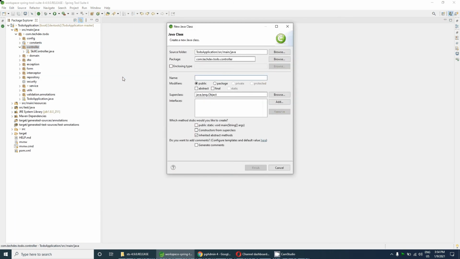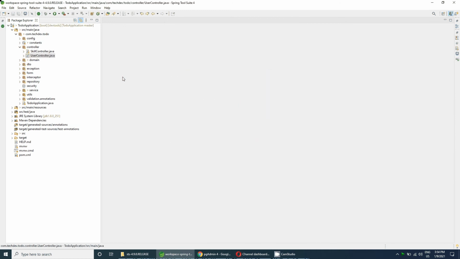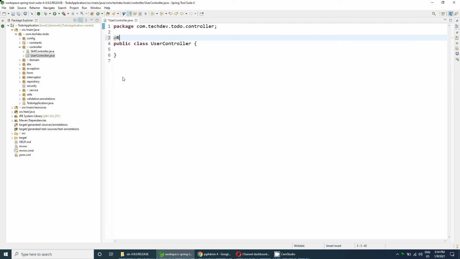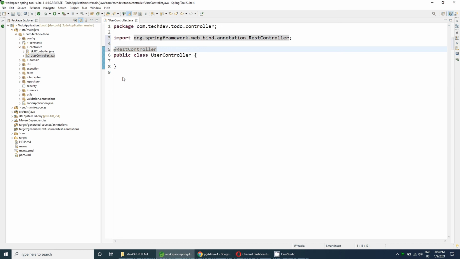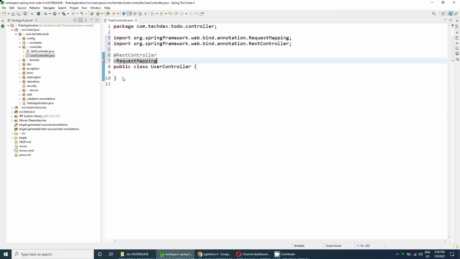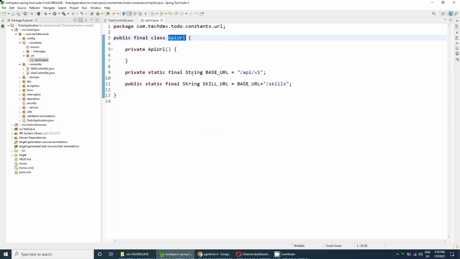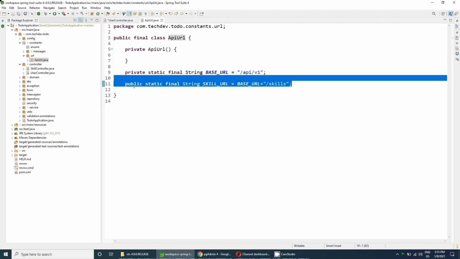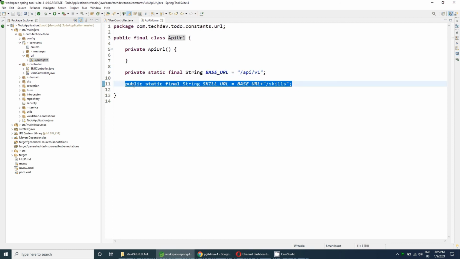Go to the class and name it user controller. Mark it as a REST controller and add the request mapping. The request mapping will contain the value attribute, and the value attribute contains the API URL. Similar to the skill URL, we have to create the user URL.